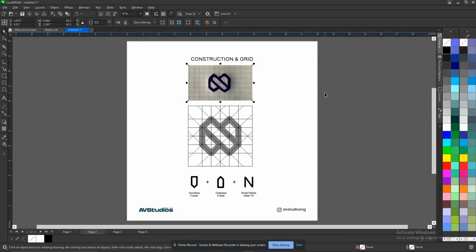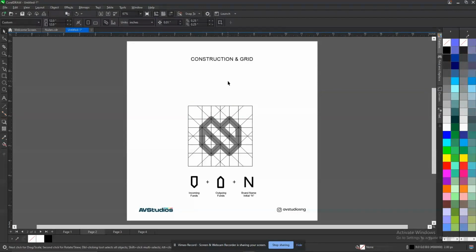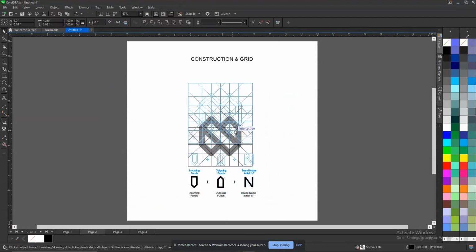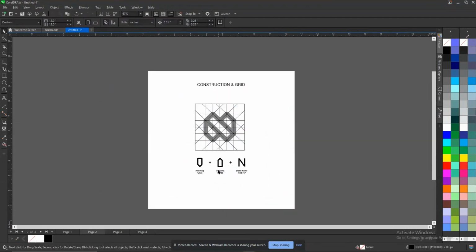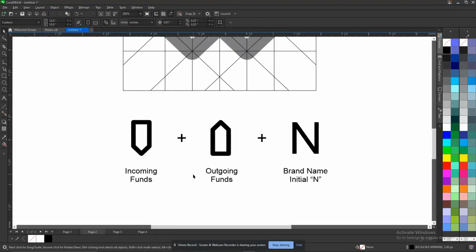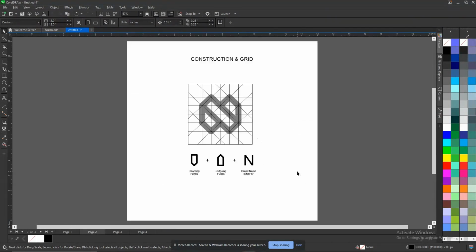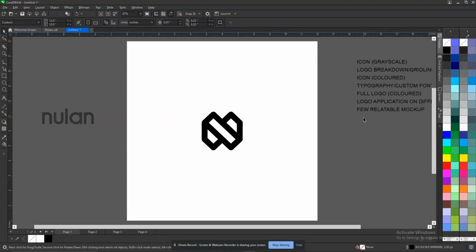So if you've presented the sketch to your client earlier, you might not need to add your sketch on this particular slide anymore. So let's say I've presented my sketch, so I won't be needing this. Basically what I'll be needing is the construction in the grid. See, I labeled it going front, incoming front, the brand name, initial, and this is the construction with the grid lines. So I can label this also